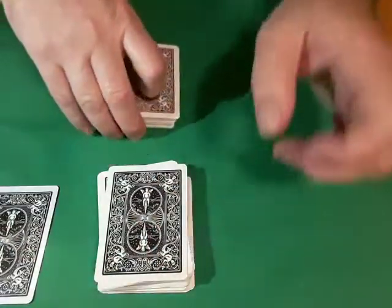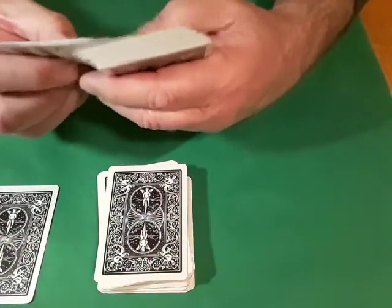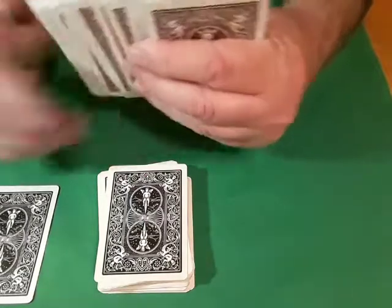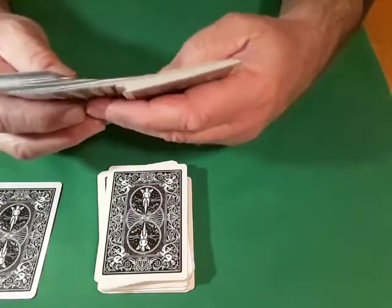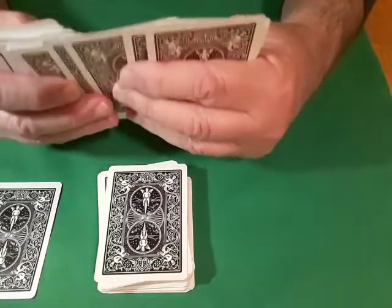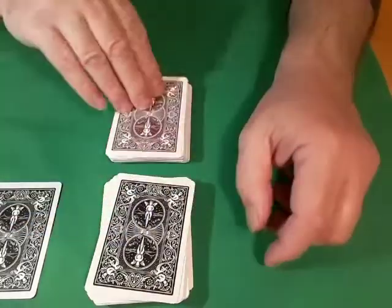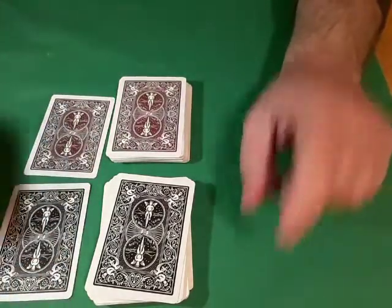And you are going to go through the deck that you now have, and you are going to do the same thing. Now again, obviously I know what card I'm looking for, but under normal circumstances, that card would have been kept upside down so that I would not know what card I'm looking for. And I will explain to you in the tutorial how you would be able to find the person's card without looking at it. And again, you put the card aside,